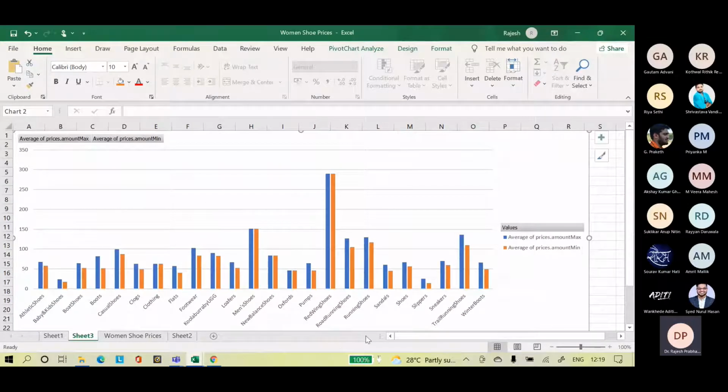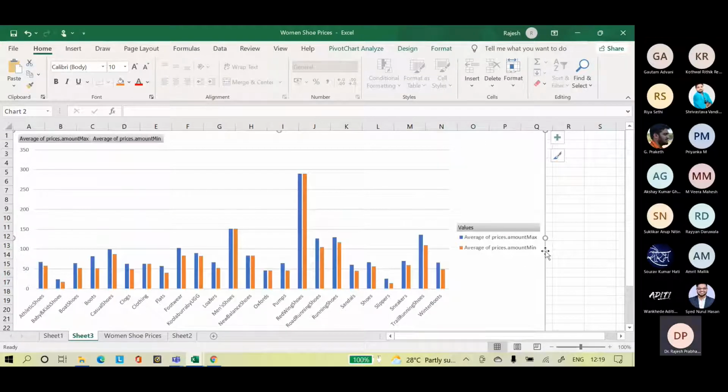So these are the average prices of different categorizations, min and max price. Winter boots, sneakers, training shoes. Red Wing shoes are very, very costly. The rest are not that costly.